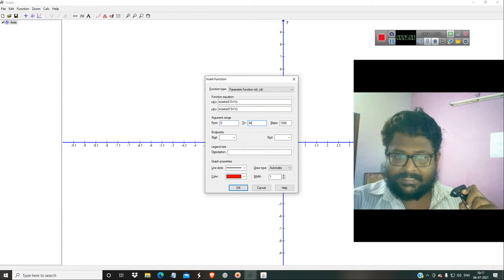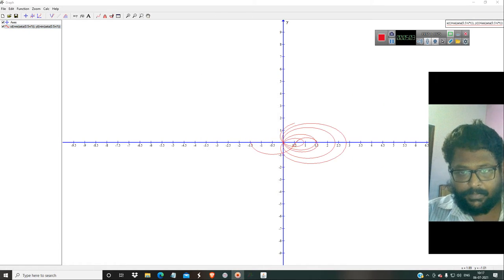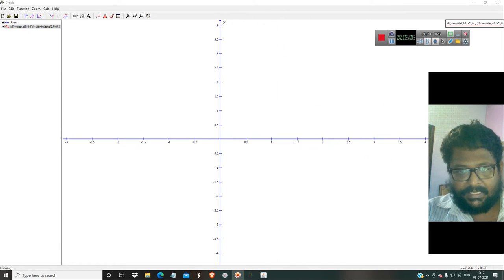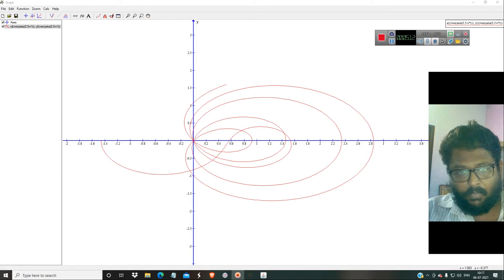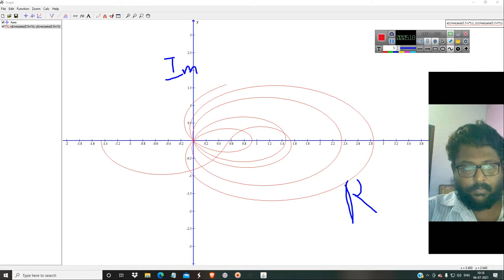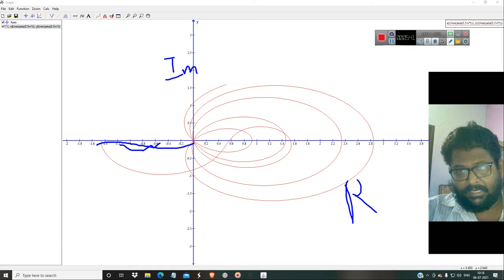I have not got any insights from this, but surely in future I will get some insights and report to you. According to the Riemann hypothesis, this is the curve which is being transformed in this way. The imaginary axis is here, real is over here. Now the points are in sequence in this manner. How do we find some other zero which is lying beyond that? These are some trivial zeros occurring over here, and we are not concerned about them. We are concerned about the non-trivial zeros.